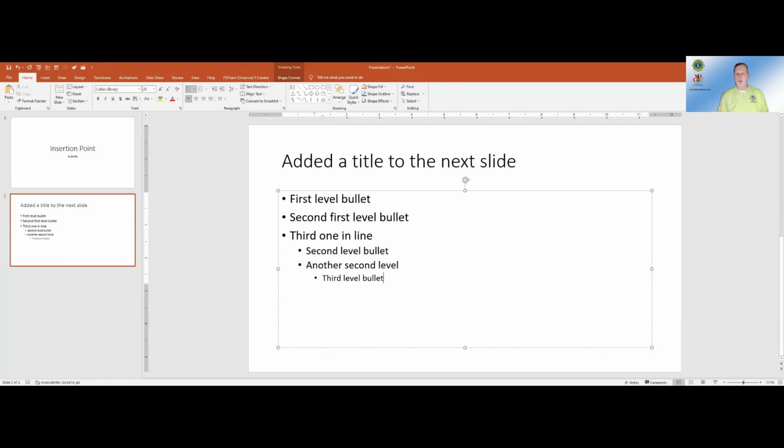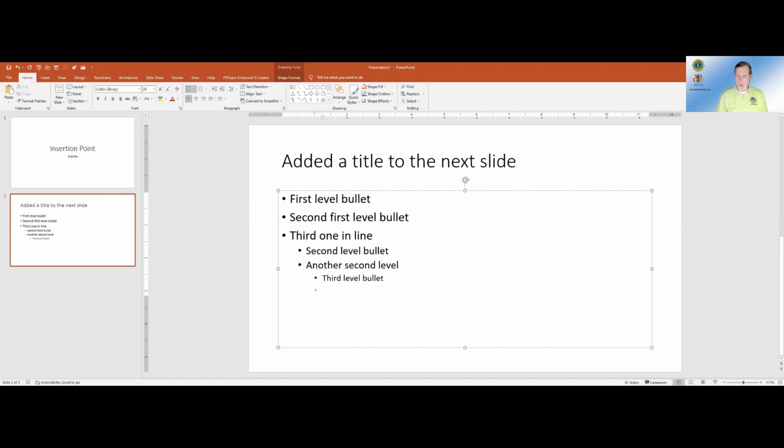Notice as you navigate down to different levels, the font size changes. I believe the font remains the same. Yeah, the font remains the same, but the font size changes. Also notice the bullet itself diminishes. It reduces in size as well. Yeah, that makes sense. And now comes the point where you want a first level bullet. And you know that if you hit the enter key, you're going to get a third level bullet.